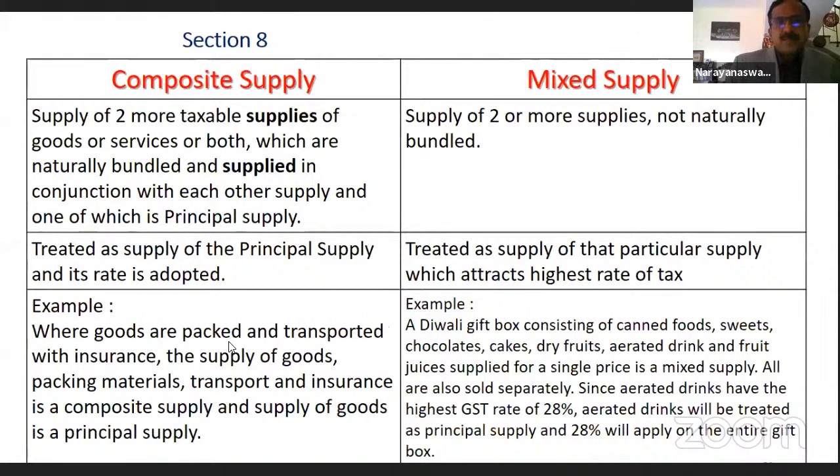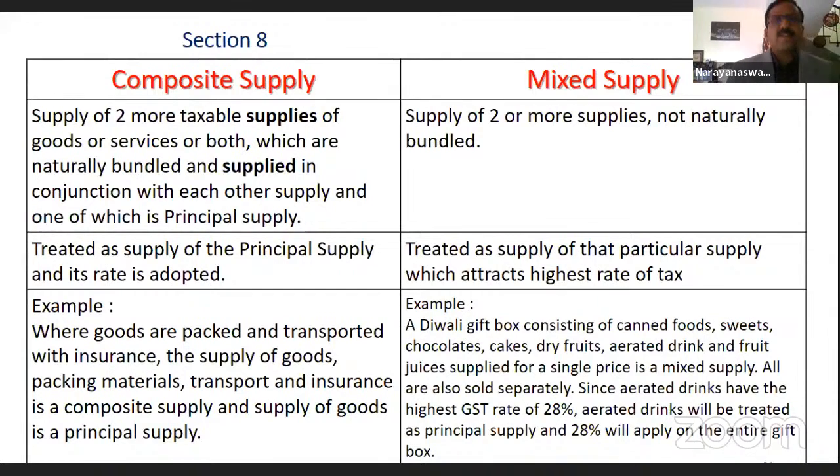There are concepts in GST which were there in service tax. The concepts are, one is called composite supply, another is mixed supply. Probably in future, we will have more litigations and disputes on these kind of items. Probably experts like you, when you become a chartered accountant or a cost accountant or a GST practitioner, you may have to deal with this kind of subjects.